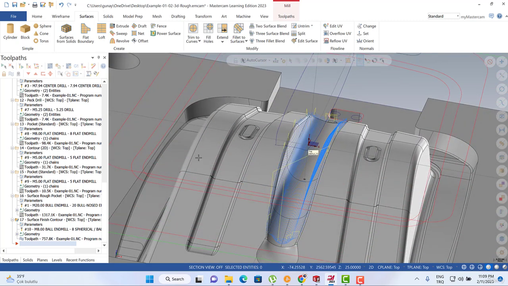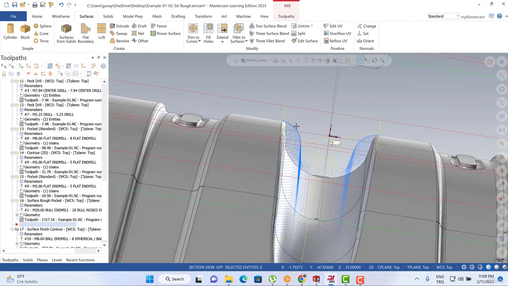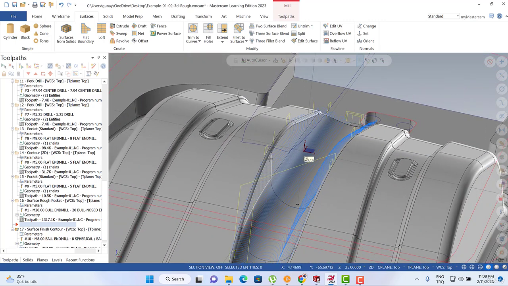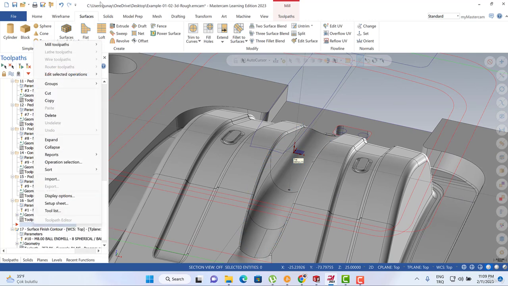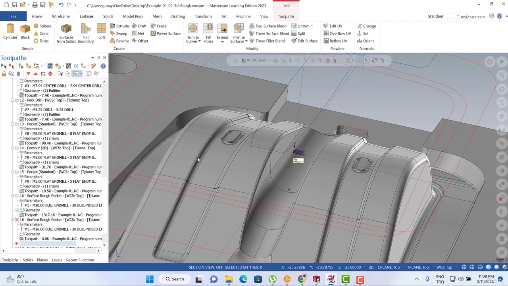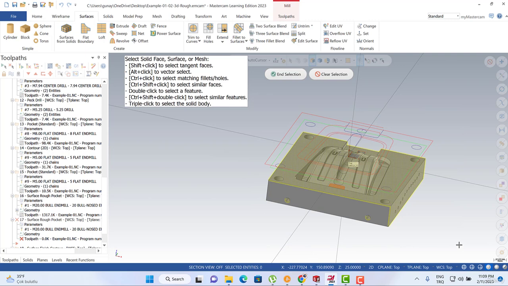Maybe it's also possible to create some roughing process for here. You're going to see that our contour toolpath is not enough. So before our finishing process, maybe we should also create some roughing process for this area. I'm going to hit the mill toolpath and surface rough, and we can also hit the pocket toolpath. Then we can select all the face here,